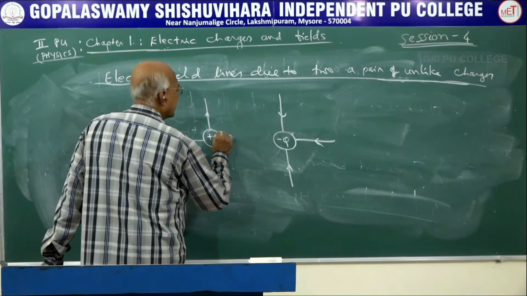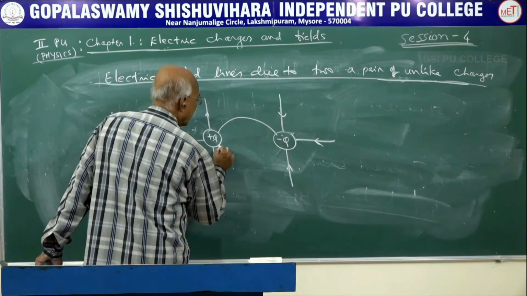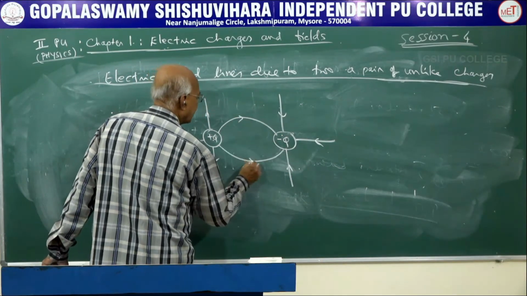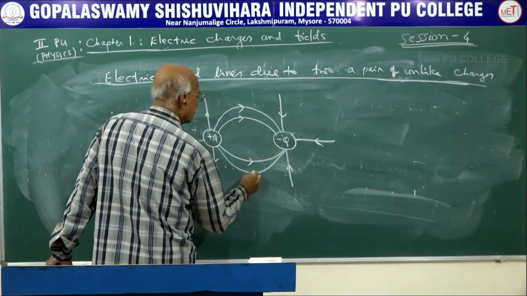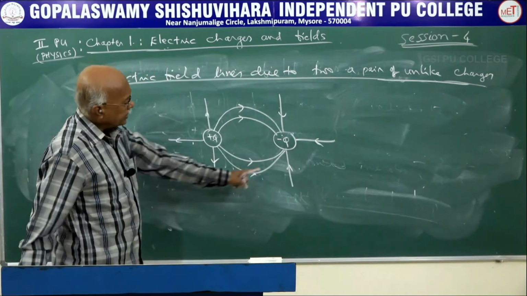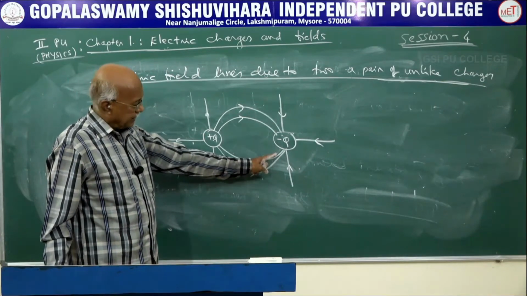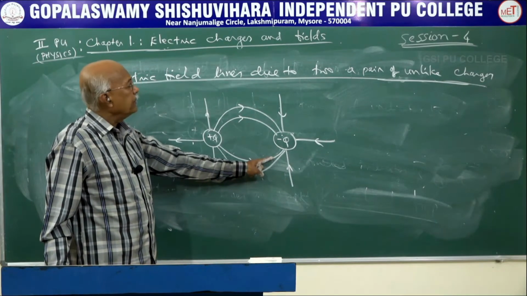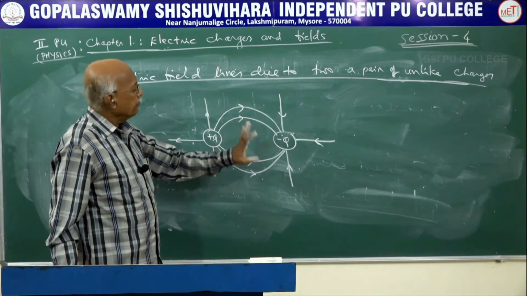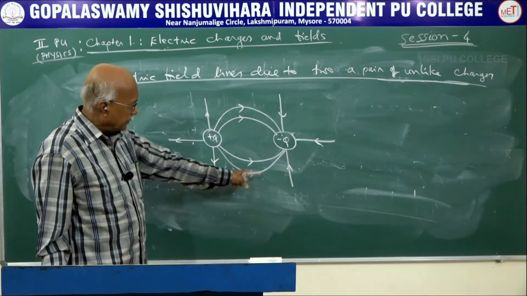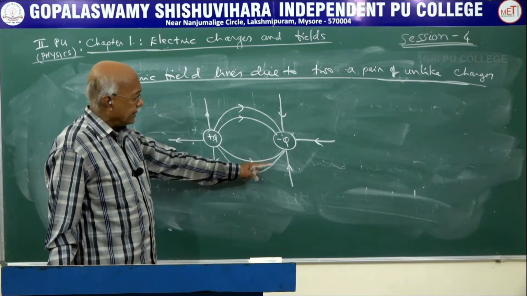Now when you write it like this, this is how the figure is formed, and this gives the direction of the electric field lines. On no occasion should you draw them overlapping. When this line crosses this, it means what we wrote in the previous case, which is impossible. We have written that it is not possible to have two electric field lines intersect.